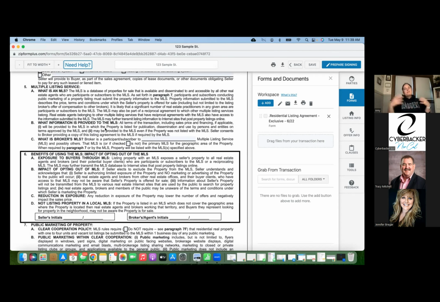There are brokerages out there that don't even put their properties in the MLS. We don't see that as often as we did two or three years ago, but there was a company listing properties and they weren't putting them in the MLS. You had to go through and find it on Zillow and then find the contact information. It was kind of a pain. So yeah,